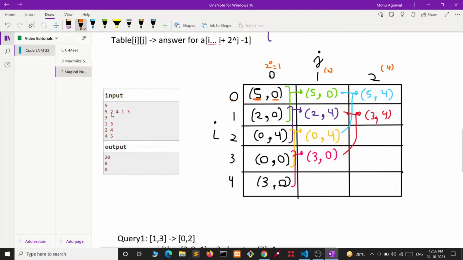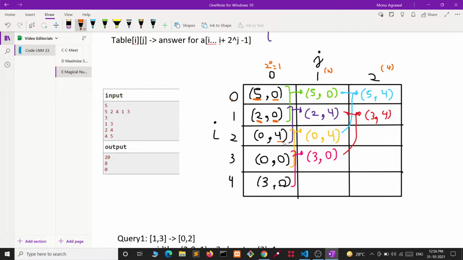Now for this 2, we know that 2 is a prime, so I have taken 2 here as a prime, and 2 is not a composite number, so I have taken 0 here. A number cannot be composite and prime simultaneously. It will be either one of them or none of them. Now in the second index element we have 4.